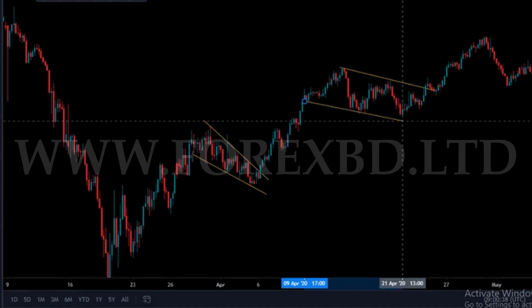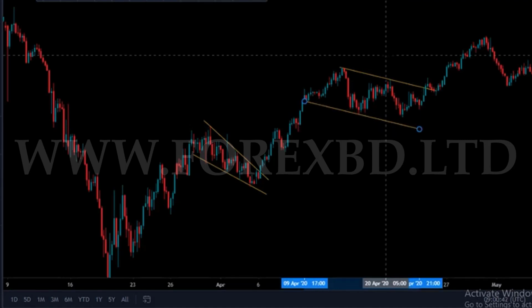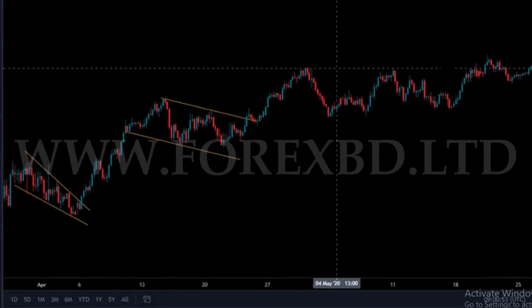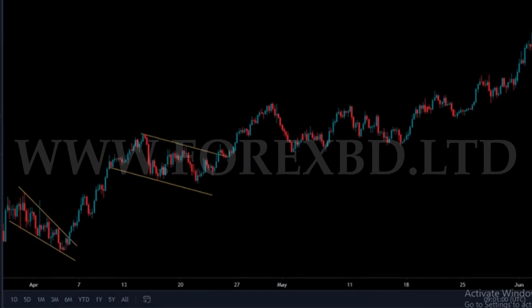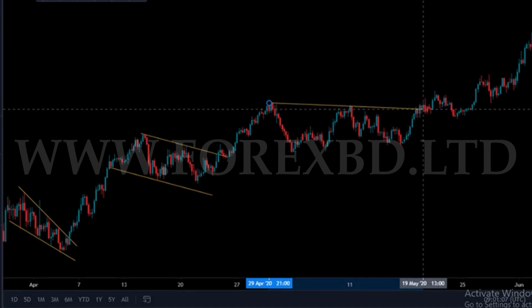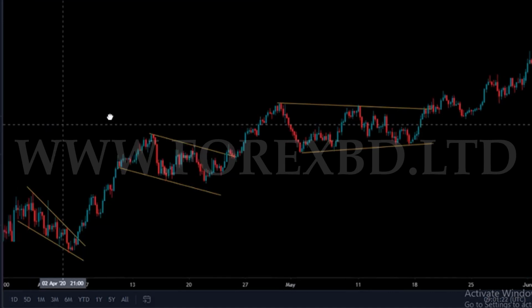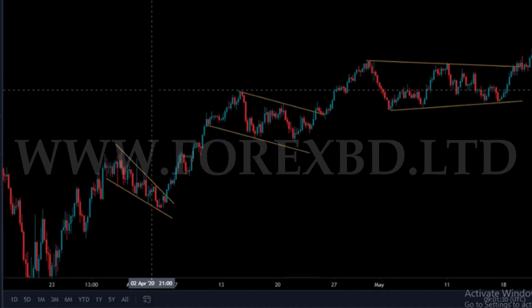Now you can see that the market has made a good profit according to the flag pattern from here. So you can make a good profit from here without any worries. Moreover, on top of this, I have seen another flag pattern here. I will set the trend line just like before. So I set two trend lines, and you can see the market has risen even higher from here.